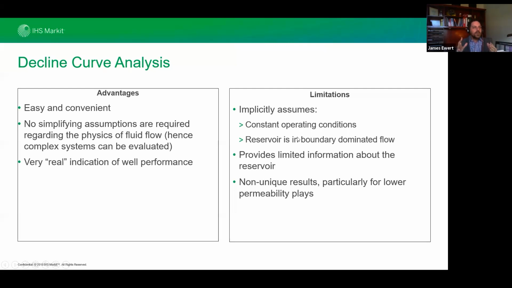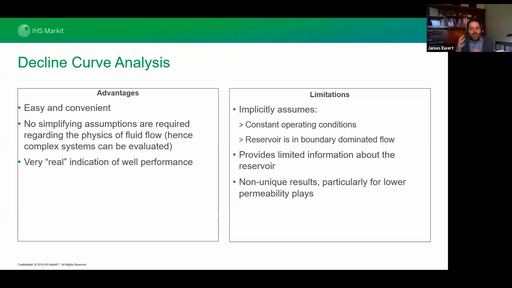If you have a gas well and it's flowing up casing, and let's say water's starting to become a bit of an issue, so you install tubing, what you're going to see in your production is an uplift in production. So you're going to have the data from before, and then some uplift, and then another decline. Decline analysis doesn't know that's going to happen. It has no clue. So it would just draw a line through that original portion of the data without being able to take into account the uplift from that operational change that you made.